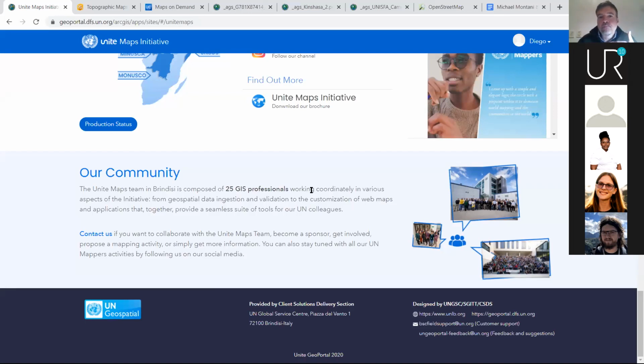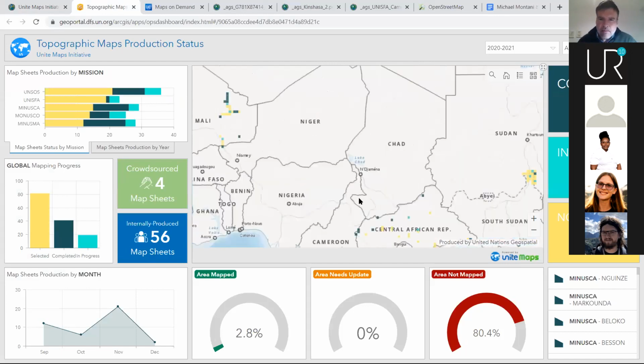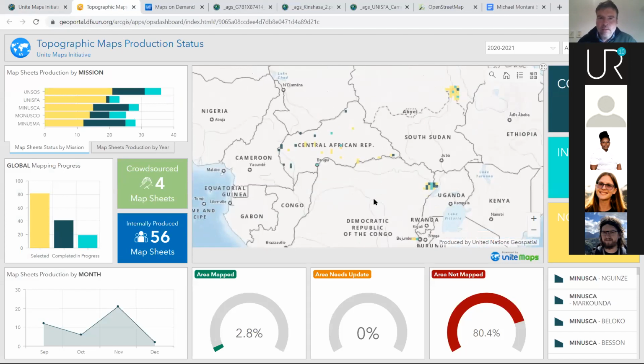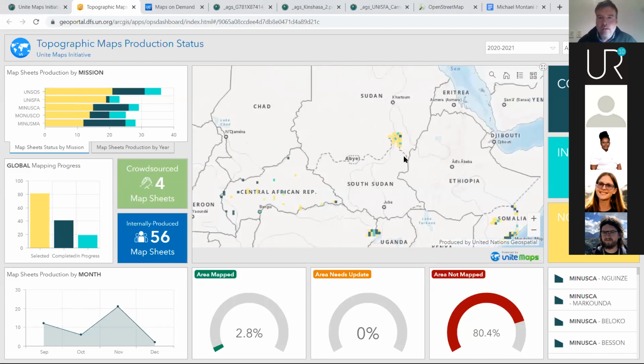And we have an internal capacity doing mapping on OSM. We have created many areas of interest as per the requests from these field missions, especially in Mali, in Central African Republic, in DR Congo, in Somalia, and in between South Sudan and Sudan. Actually, this year we are covering an area worth 110,000 square kilometers. And year by year, we are increasing this area. As you can see here,